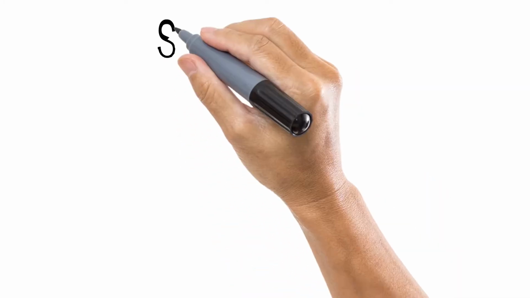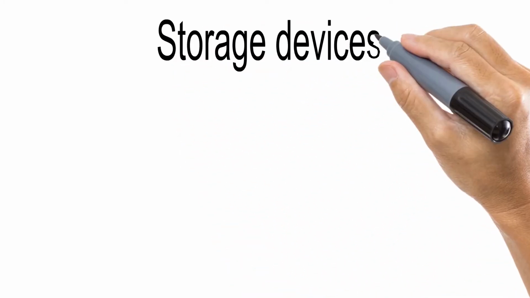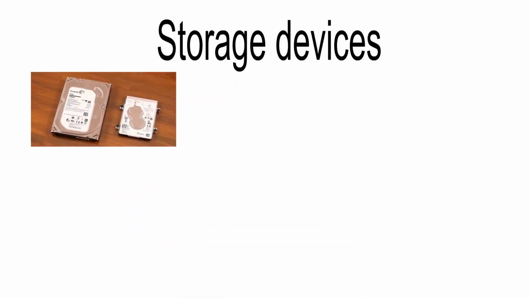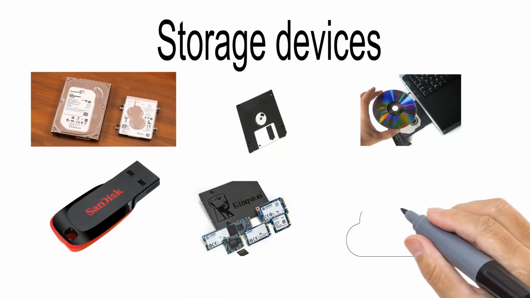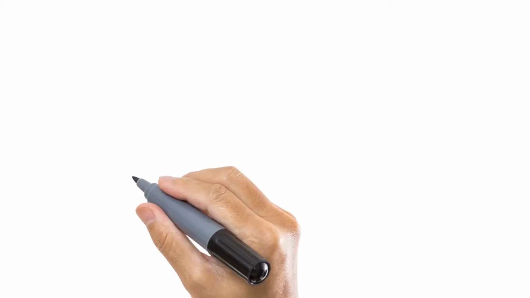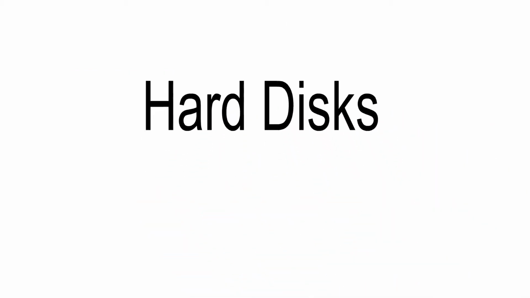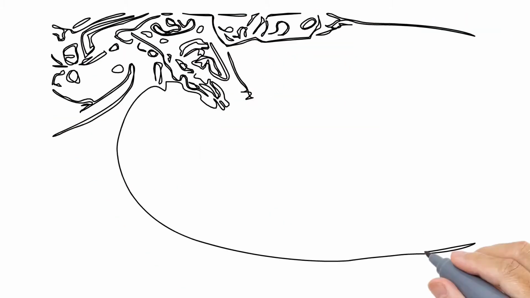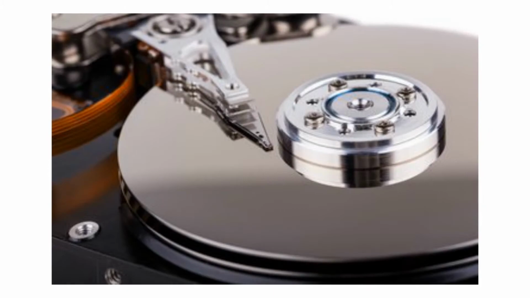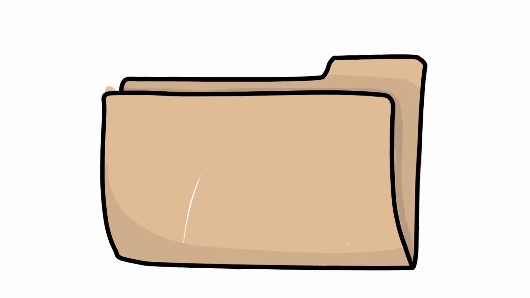So there are various portable and permanent storage devices used in modern days. These are hard disk drives, floppy drives, compact disks, flash drives, solid state drives, cloud storage, etc. Now hard disks or HDDs are basically used for permanent or primary memory storage for the computer. These devices use a magnetic disk that rotates continuously to store or modify data. These devices come with larger storage space as compared to any other kind of storage media.